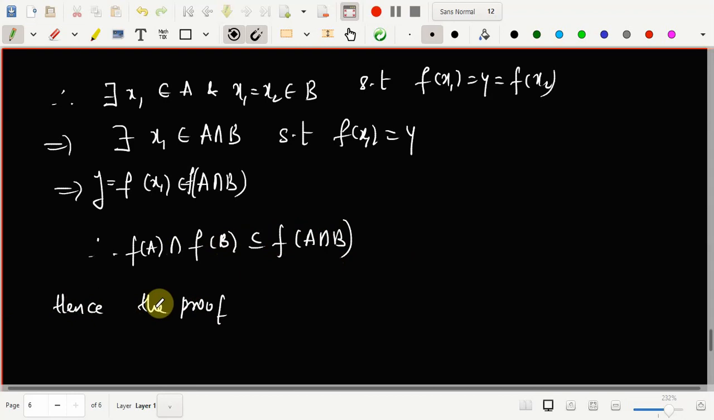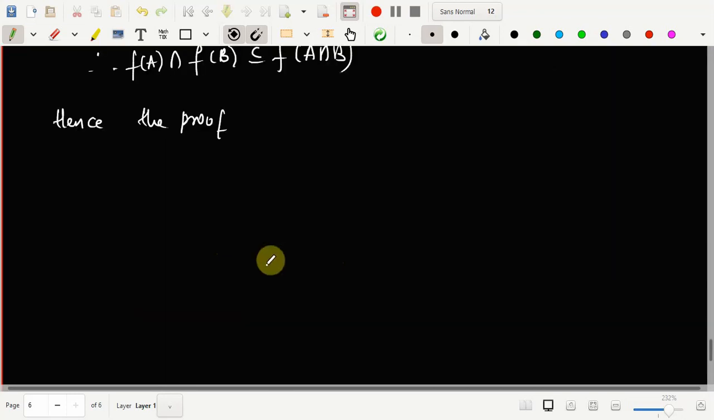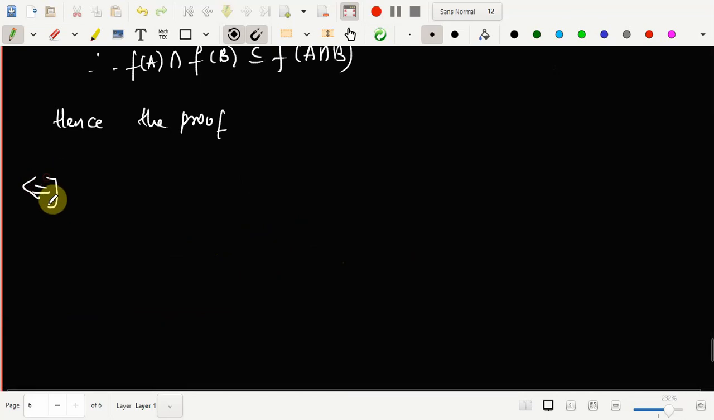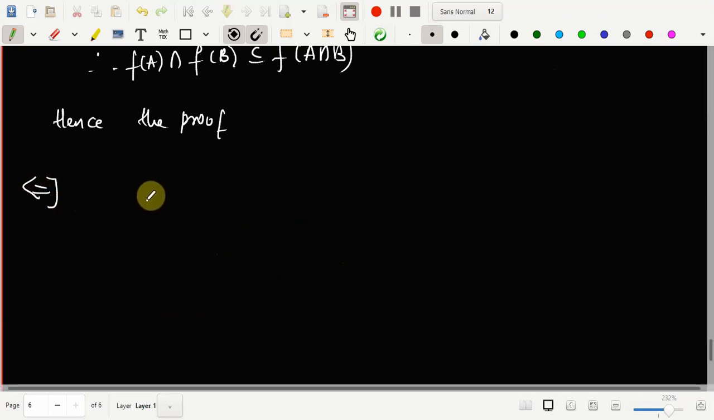We don't have to prove the other way around, that is already always true no matter whether the function is one-one or not. Let's get into the converse part of this. So conversely,